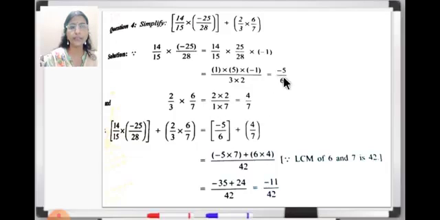So we got two answers. The first is minus 5 upon 6, and next we got 4 upon 7. And then what we have to do is add these. So in the next step, minus 5 upon 6 is written plus 4 upon 7. As we have to add, we have to take the LCM of 6 and 7. LCM of 6 and 7 is 42, so 42 is written here.